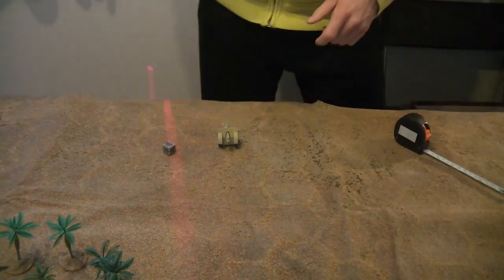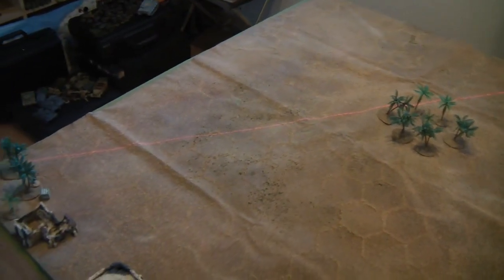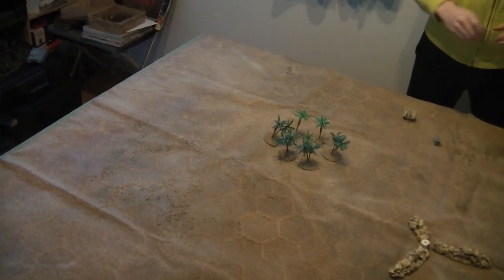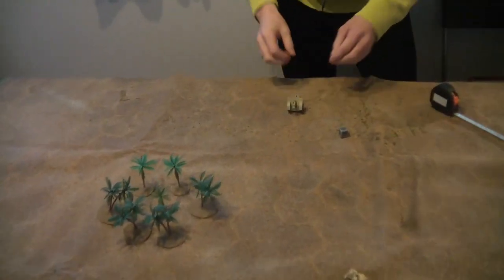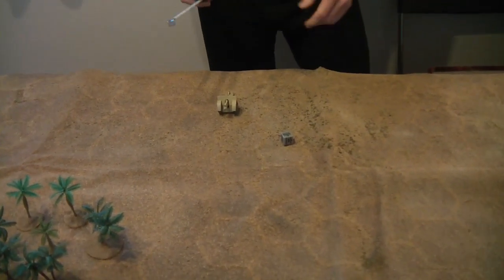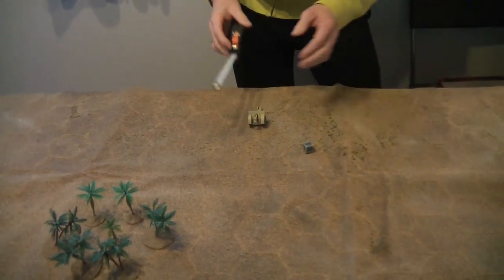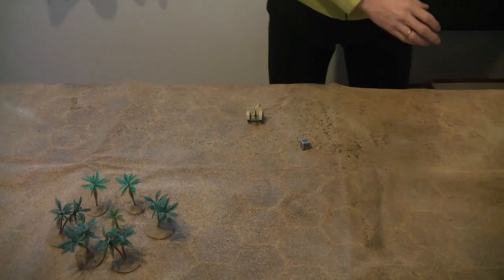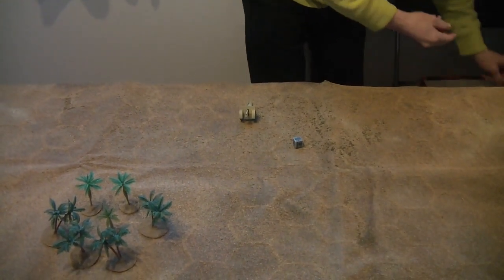Just do a little laser check, make sure that this spotter has no view. So if I position myself over there, that should be fine. And I'm using the spotter laser thingy so the guys in the team can actually see and position themselves accordingly. So that's 6 inches of movement, and we will have a crew with that,